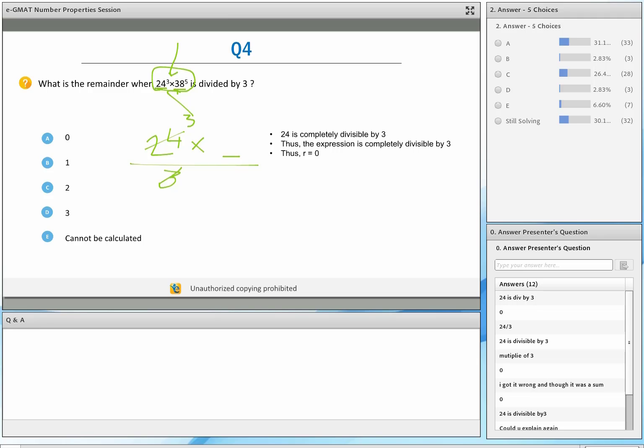And again, if you thought it was the sum, then that's another issue. You're not spending enough time on the question to understand what the question is asking you. You're moving forward too quickly. And that's an issue which I see with lots of students. They just get to solving the question right away. Spend a few seconds just reading the question statement. That is a very, very, very important process skill. Okay?